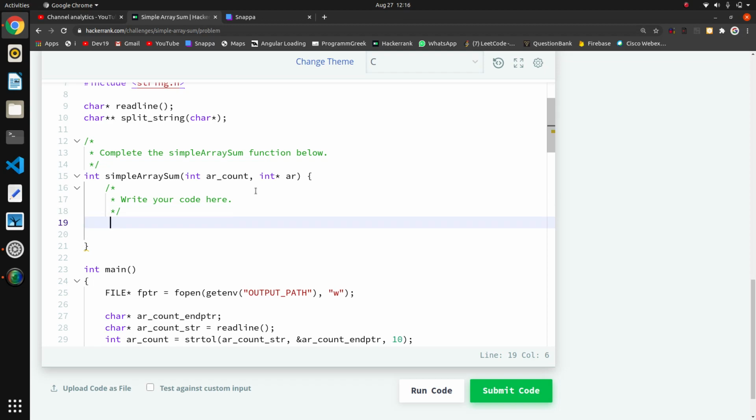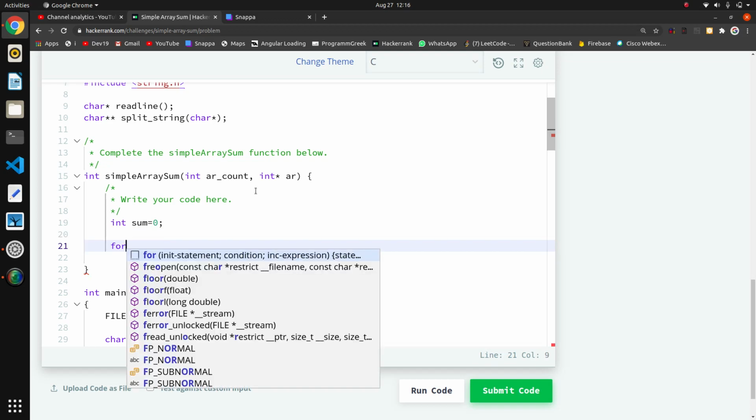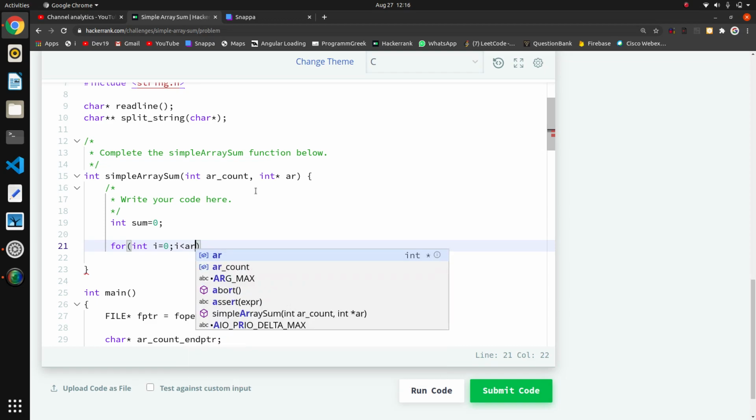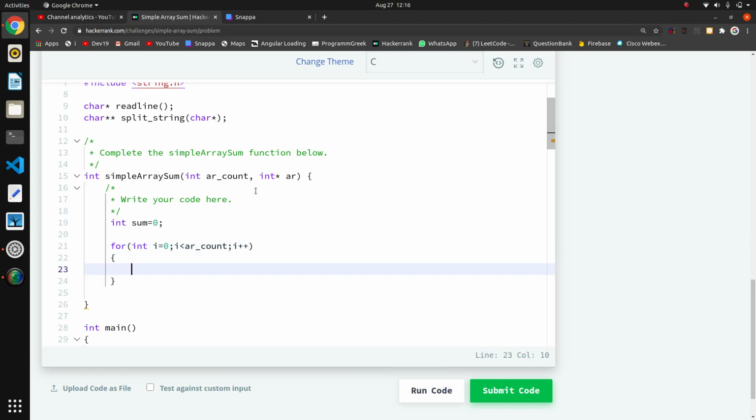For that I will take one number, int sum is equal to 0, and now I want to iterate that whole array. So I will take another variable, i is equal to 0, i is less than array count because we want to iterate till the end of our array, then i plus plus. Now I want to add all elements into this sum that we initialized with 0.